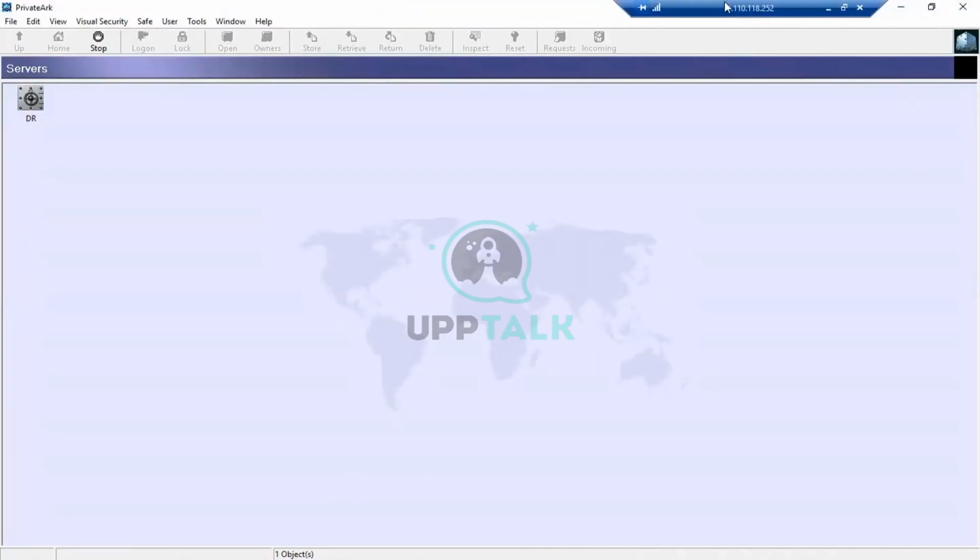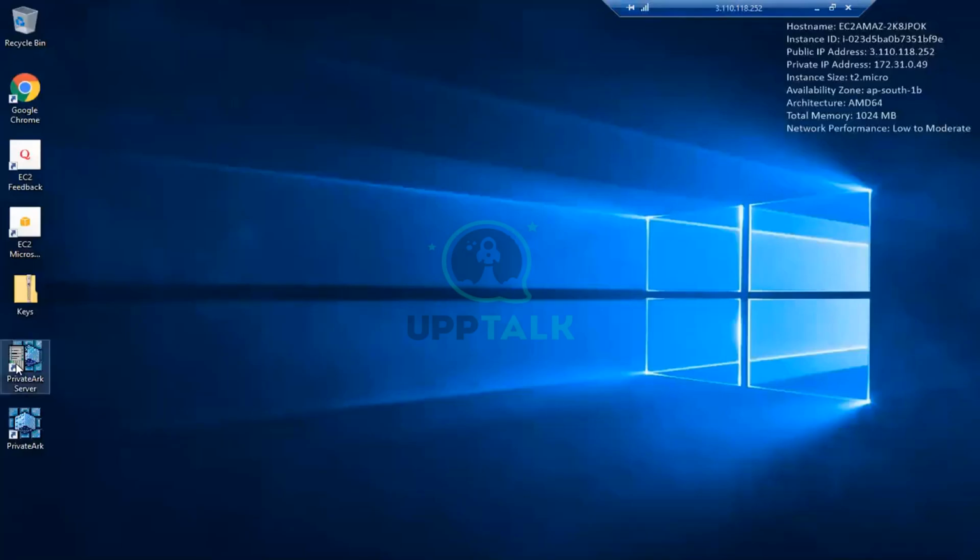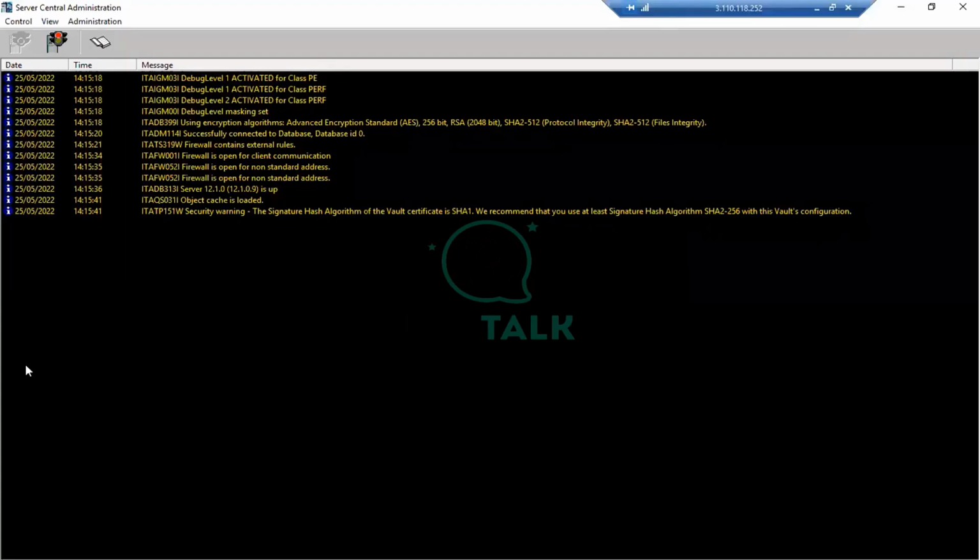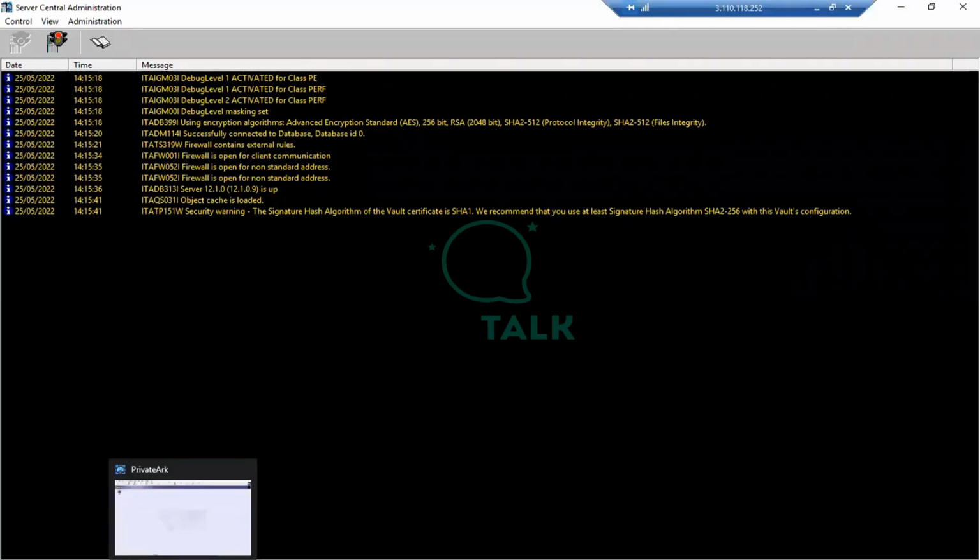Back to the Disaster Recovery Vault, right? Can you minimize this private client and open the private server once? Now the next step for us is we are going to replicate the information from our primary vault to the